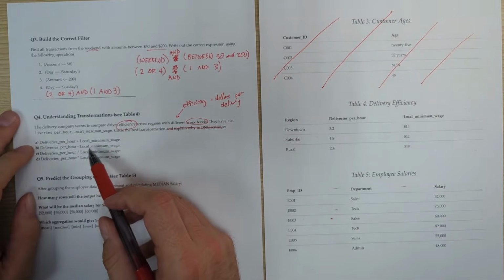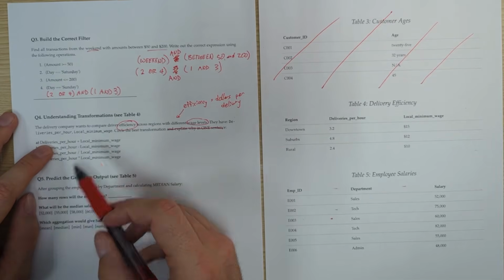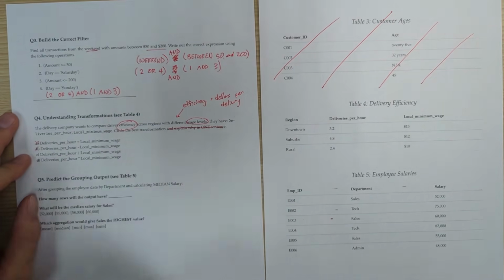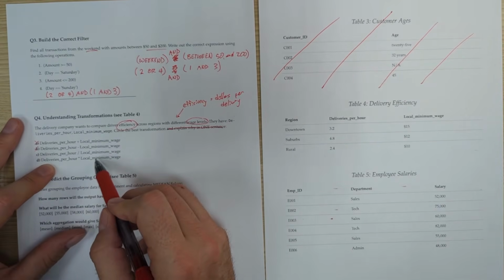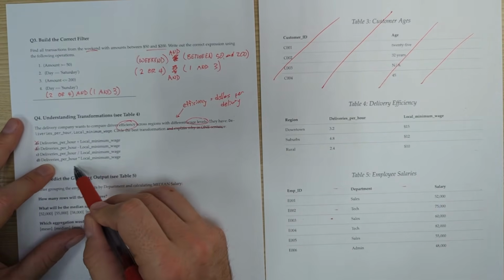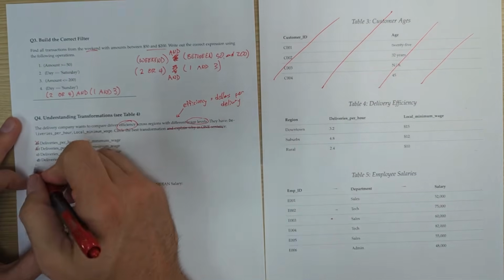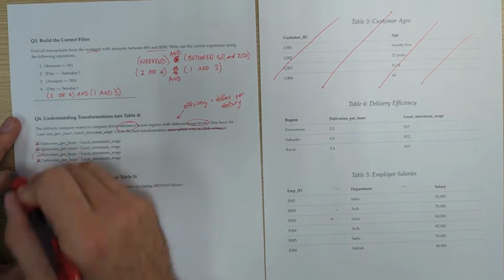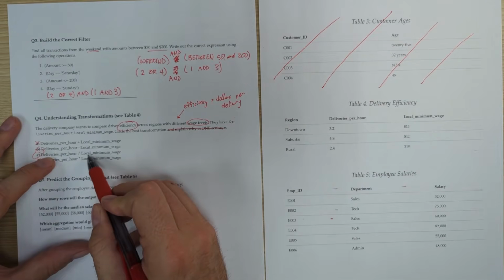Okay, so as we go through these, I would say deliveries per hour plus local minimum wage, that's definitely not a meaningful metric. The same for subtraction. So the last two are about deliveries per hour times local minimum wage, and this multiplication isn't, I think, that informative. What would this multiplication mean? I'm not sure. So that really leaves one remaining option, which is deliveries per hour divided by local minimum wage,